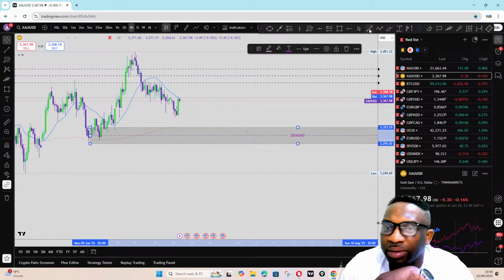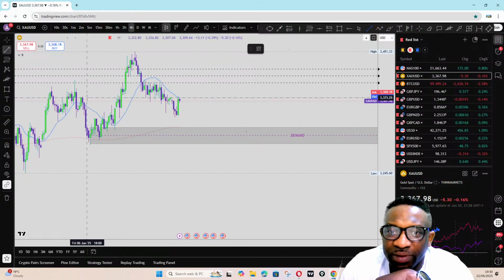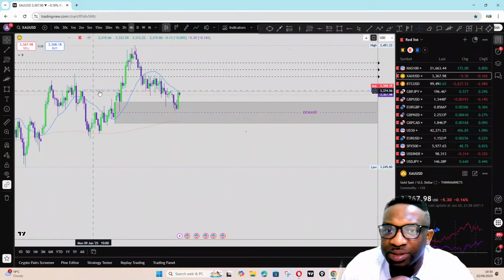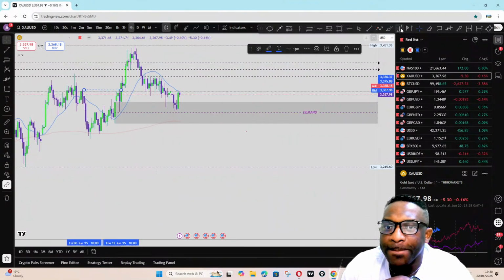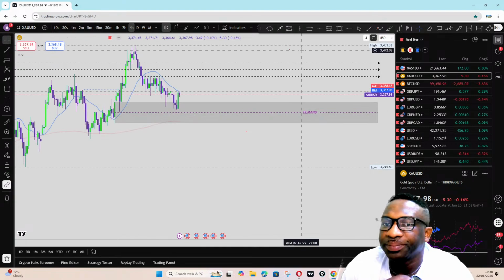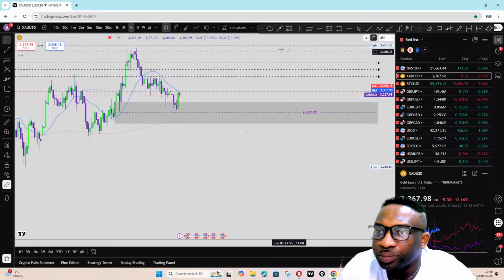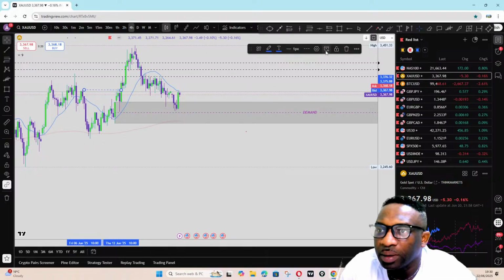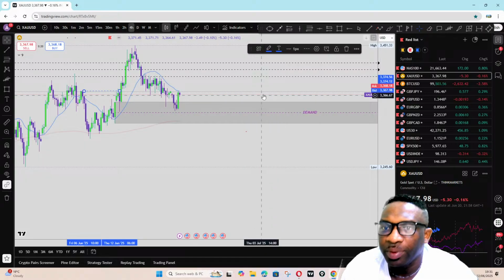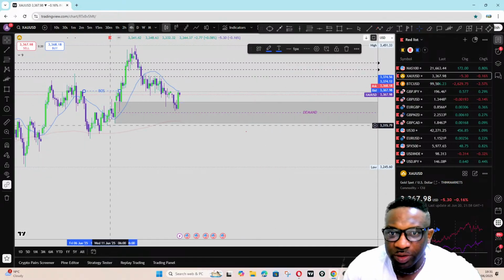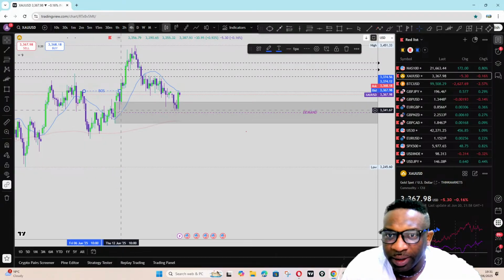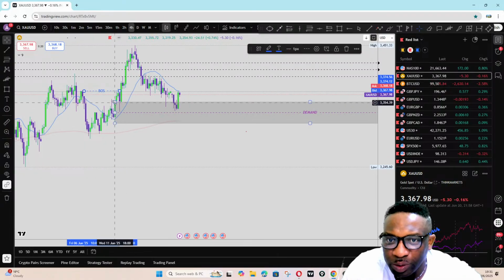Let me mark the area that we are talking about. So we have this break of structure here, this break of structure, before the break of structure. Where is my tool? Okay. Break of structure. Okay, so the origin is this candle, and then from this point on we can also see that